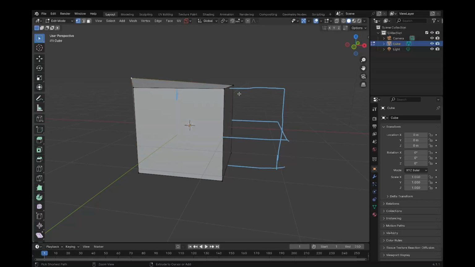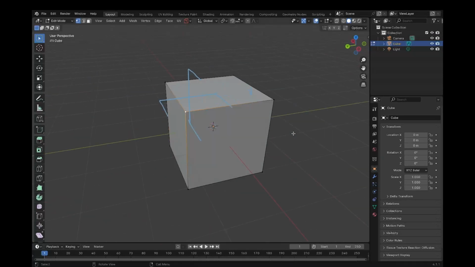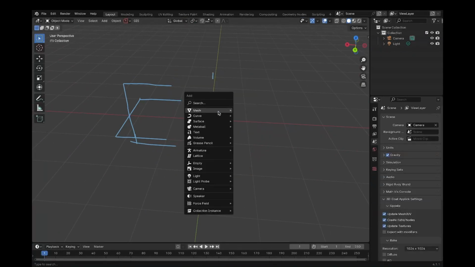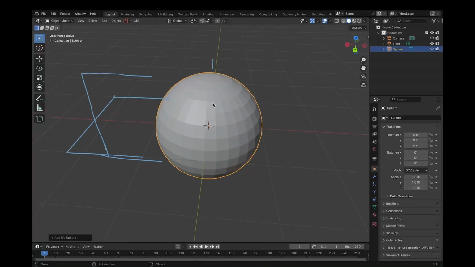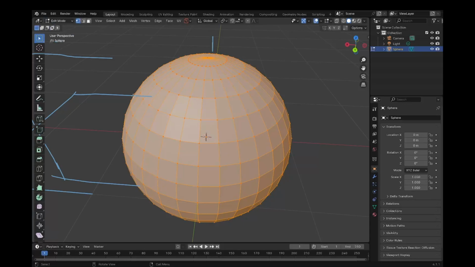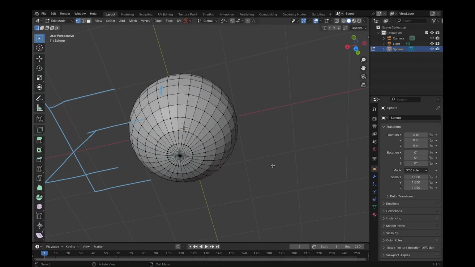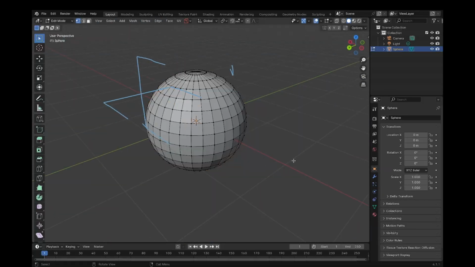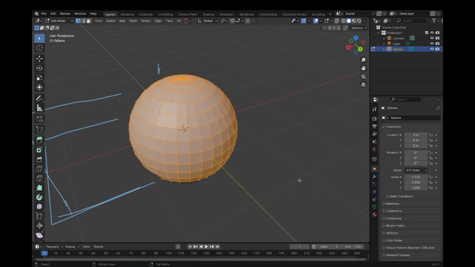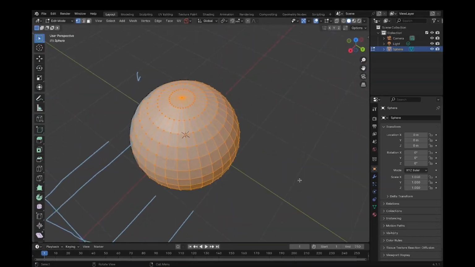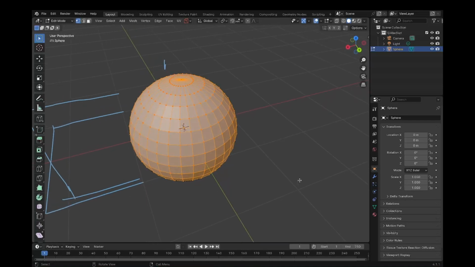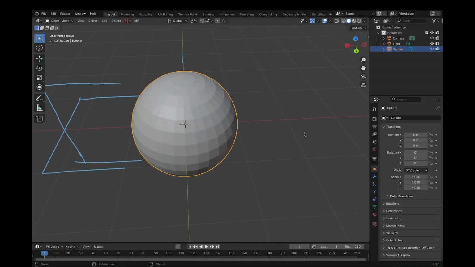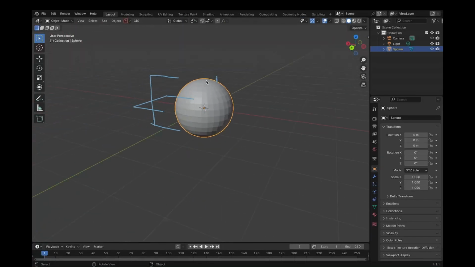Now let's see what actually sets a cube apart from a sphere really quickly. If I get rid of this cube and add a sphere in its place, as soon as we enter edit mode, you can see that the sphere has way more vertices. The amount of vertices is also known as the amount of geometry an object has. And the more geometry, generally the more detailed an object is, but also the more time it takes to render or get a final image of it. So those are trade-offs between having a lot of detail and not a lot of detail.